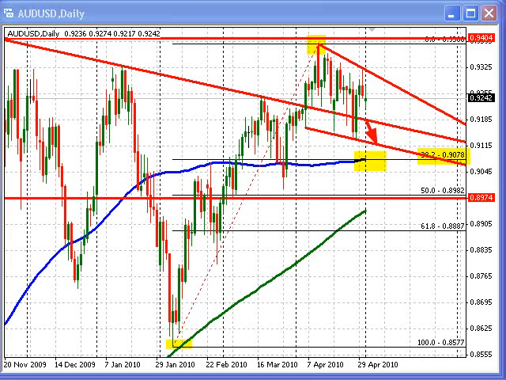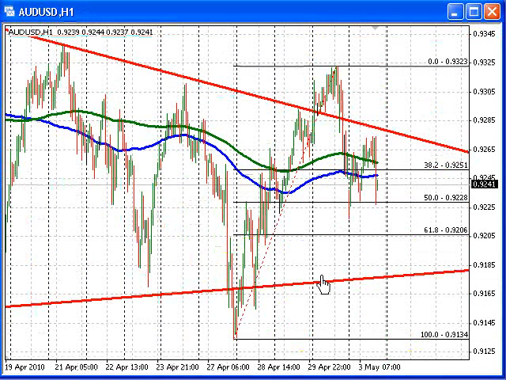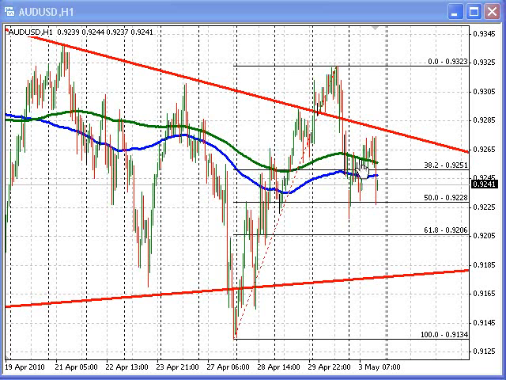Now let's transition, take a look at the hourly chart, see if that's giving us any clues. And what it's saying here, with these two moving averages fairly close together and the 38.2% kind of dissecting them, is that the market is in a neutral situation here. We are a little bearish on the day. We went down, tested the 50% retracement of this last move from this low to this high. That 50% retracement comes in at 92.28, and we bounced off of that level, currently trading at 41.